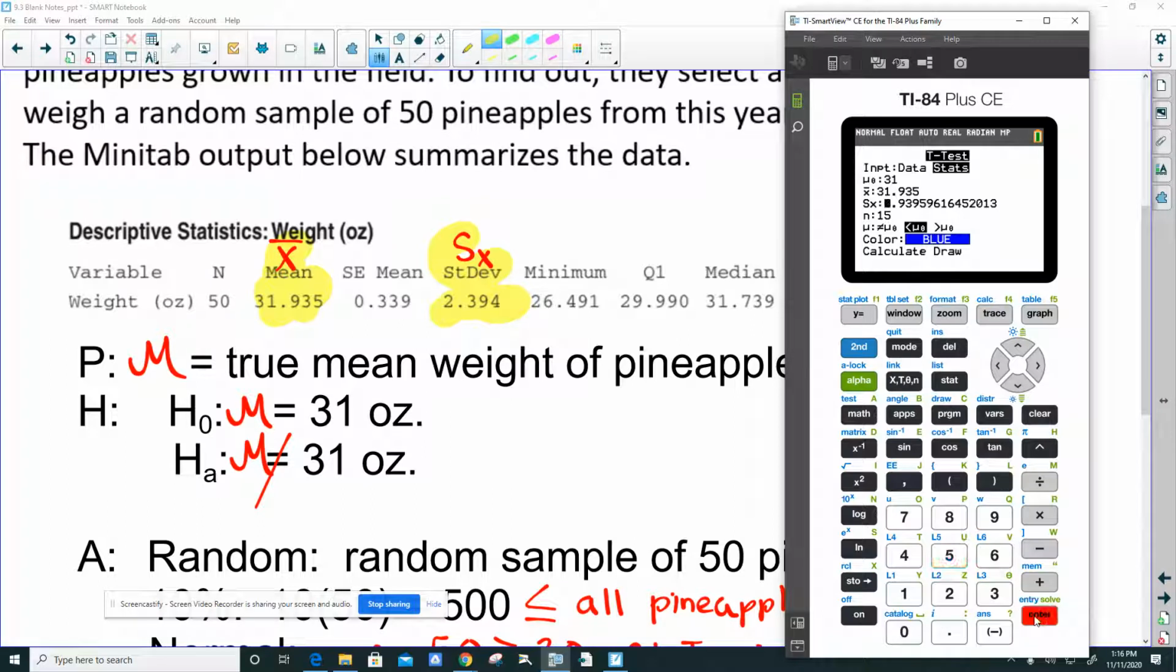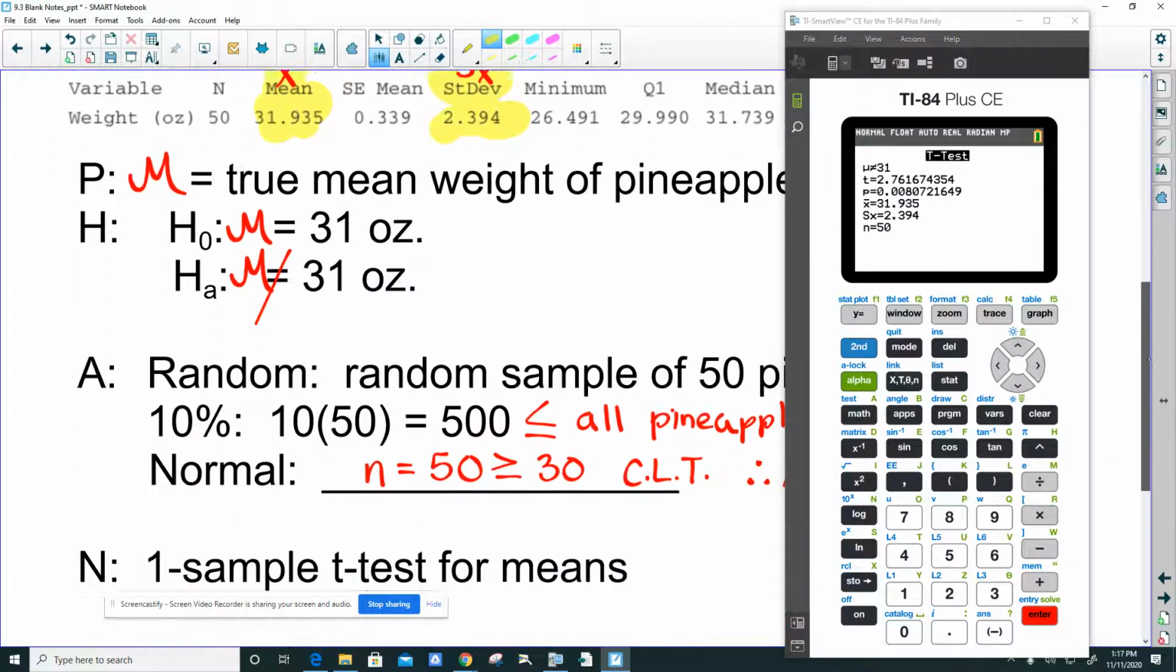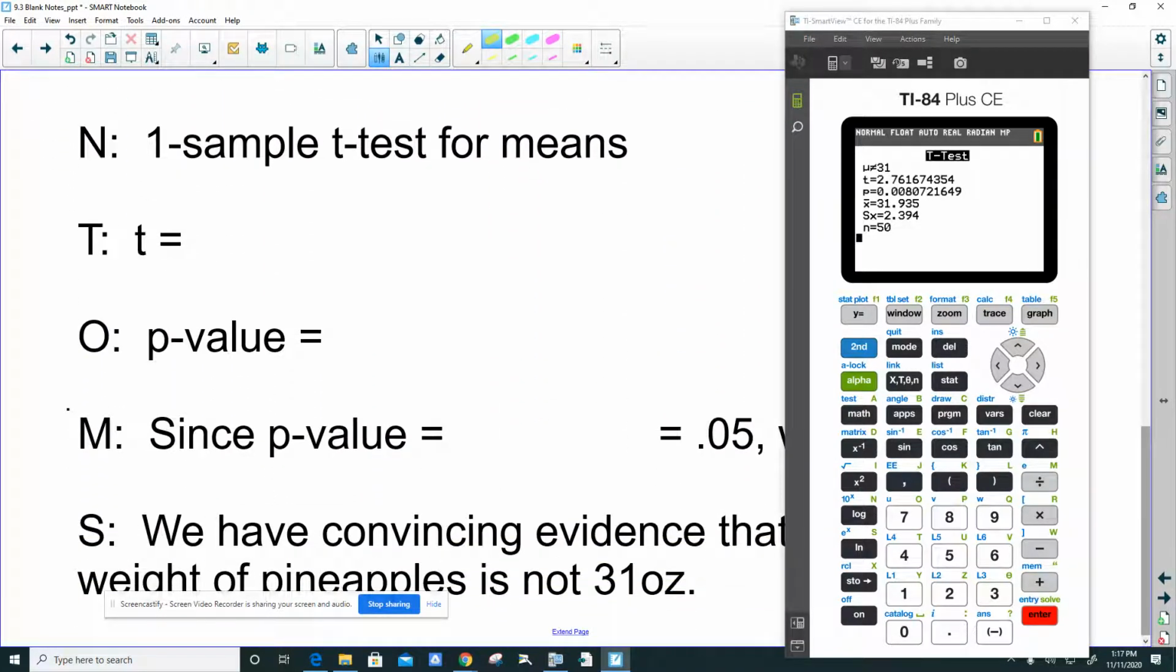that's the 31.935, and the sample standard deviation is 2.394. Okay, I believe they had sampled 50 pineapples, and we want to make sure that we're picking the symbol does not equal to here. We're going to come on down and calculate, and we can record the t-score and the p-value here. The t-score is 2.76, p-value